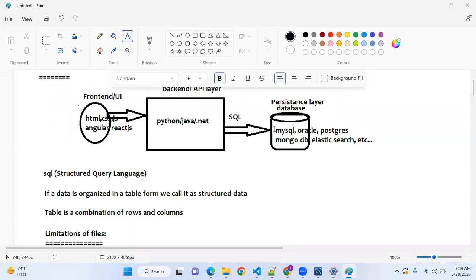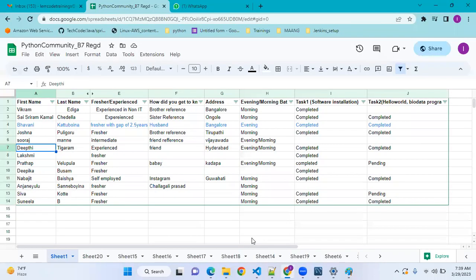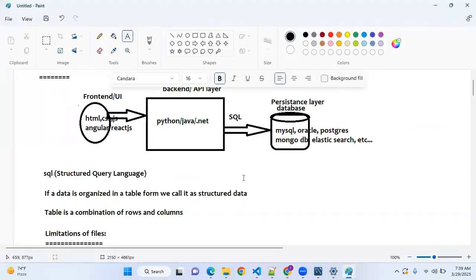What is the meaning of RDBMS? It is a relational database management system. When I say relational, a relation also comes under a tabular format, like we discussed, a structural thing, right? Structural things is nothing but a table, which is relational. So if you want to maintain some relation between 2 tables, there may be a chance of maintaining a relation between 2 tables. 2 tables means 2 Excel sheets, guys.